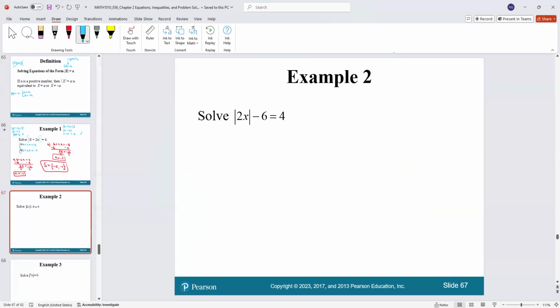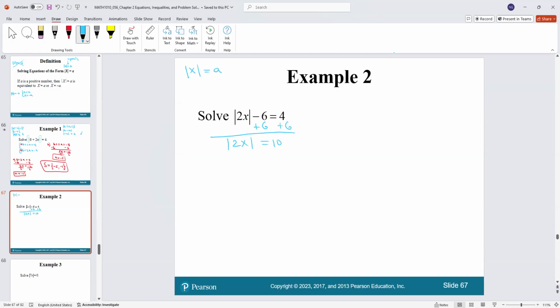And let's take another example. Here they ask you to solve. First of all, you need to isolate that 6. You need to add 6 to both sides to make sure that you have the absolute value symbols only on one side. So we're going to have absolute value of 2x equal 10. If you leave the negative 6 on the left, it will be very difficult to solve this absolute value. You need to isolate the absolute value on one side by itself, and then all the constant terms on the other side. Now we're ready to